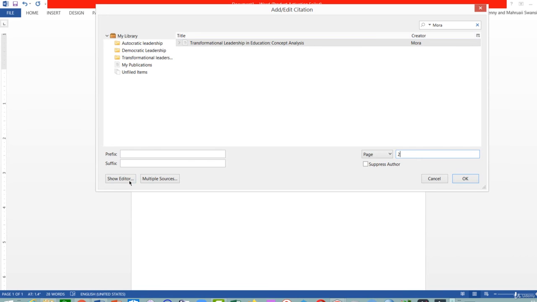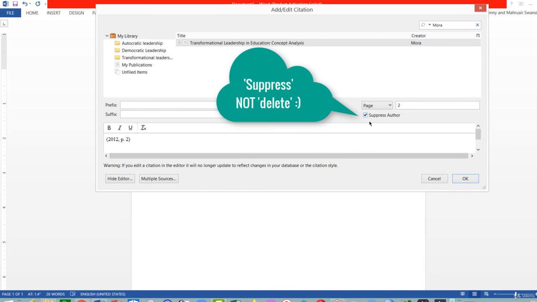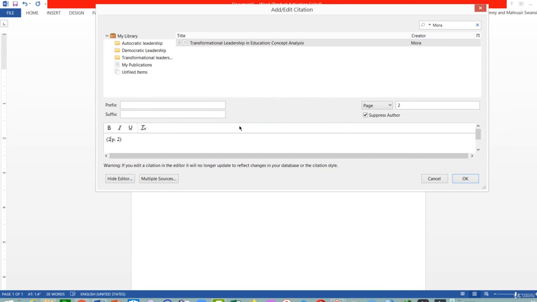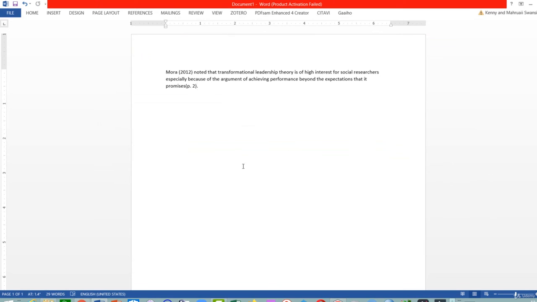So I click on the Show Editor button. Okay, now this is where I can make changes. I'm going to delete the author's name and also the publication date because I need only the page number. Click on the OK button. Okay, now I have the page number and it looks perfect. Let us see whether I will be able to edit it or not. So click on that